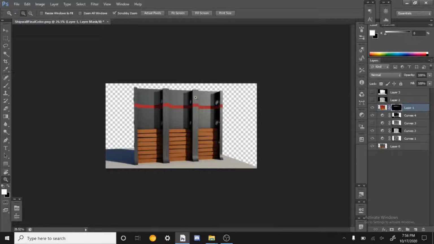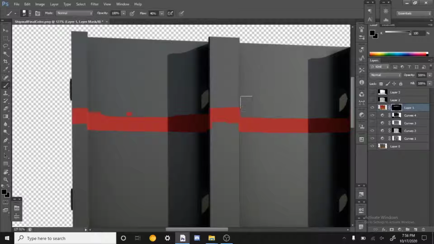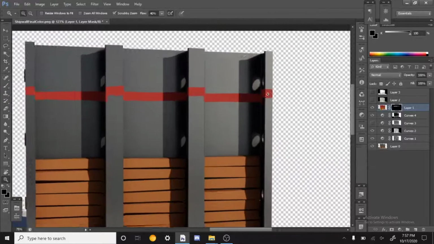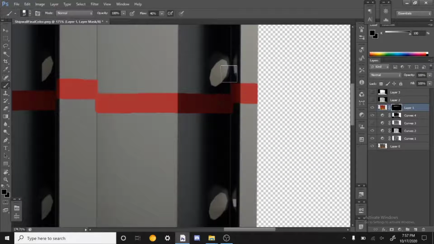Even though it looks like trash here, it's a really great way of getting some detail and getting some variation in your object without having to actually do any of the hard work of figuring out exactly how that color is going to transform, exactly how it's going to be different. Obviously, if I was going to then paint on top of this, I would make sure to paint in the reflected light from that very bright red. But since this isn't about painting, this is just about compositing, I am leaving it exactly how it is, and I'm just going to show you how to use the mask on the extra